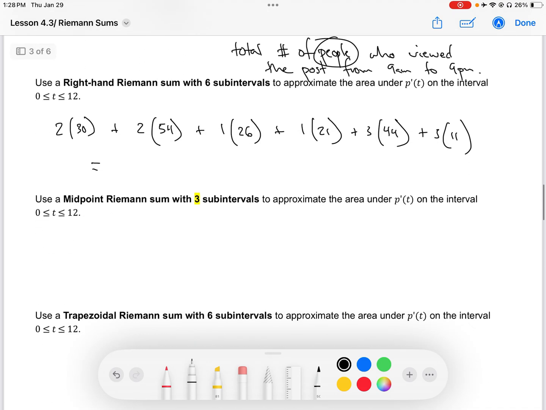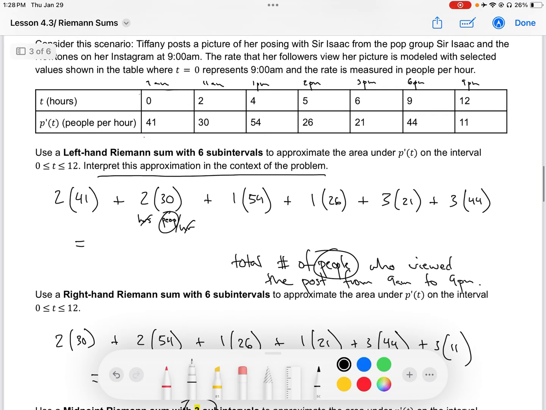Okay, midpoint Riemann sum, you'll notice I highlighted this. It's 3 subintervals because there's no way for us to do a midpoint with more subintervals, because if we wanted to do the midpoint for the interval 0 to 2, we would need some data at 1 because that's halfway in between, and we don't have that data, so we can't do that midpoint. However, if we do 3 subintervals,